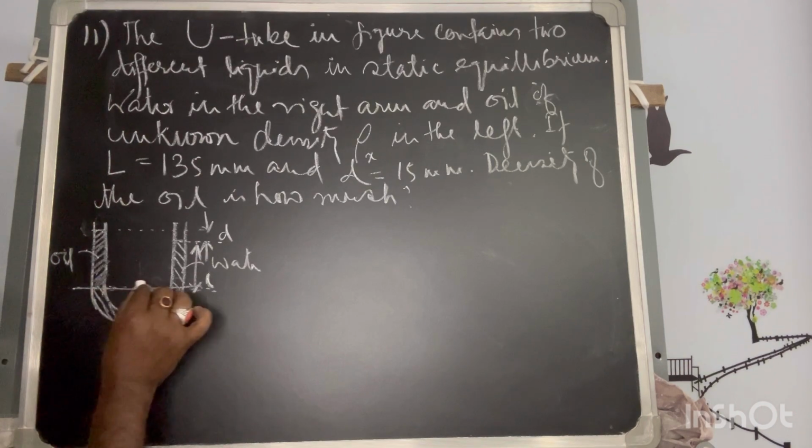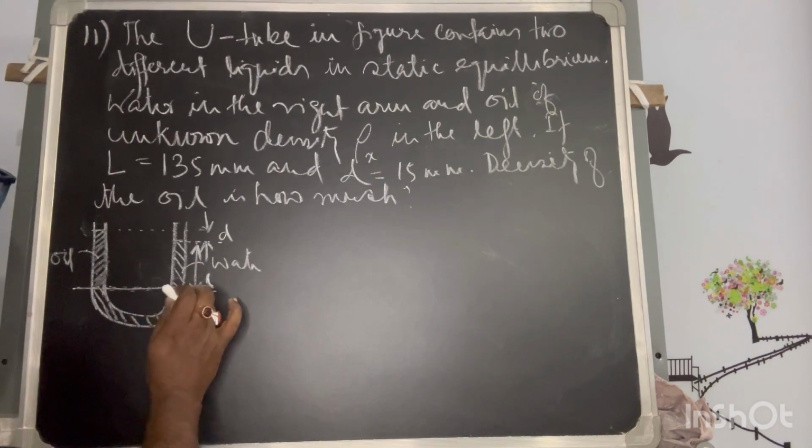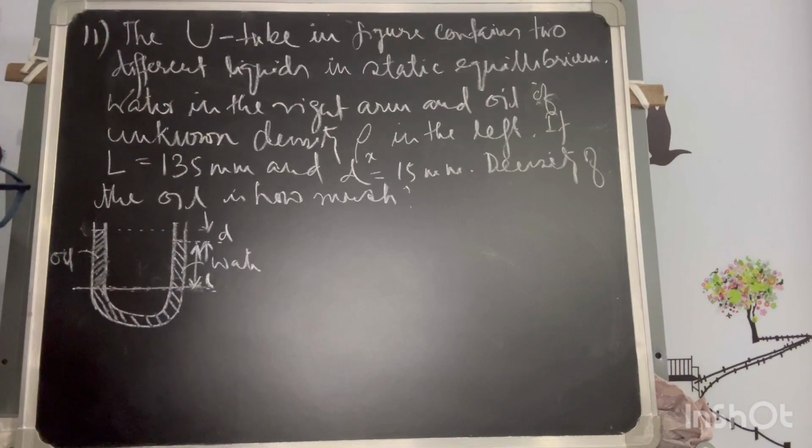From there a horizontal line is marked, and this horizontal line is representing the level